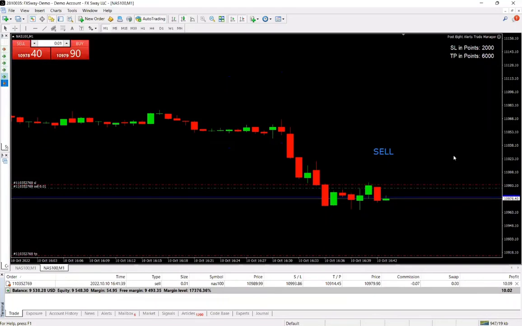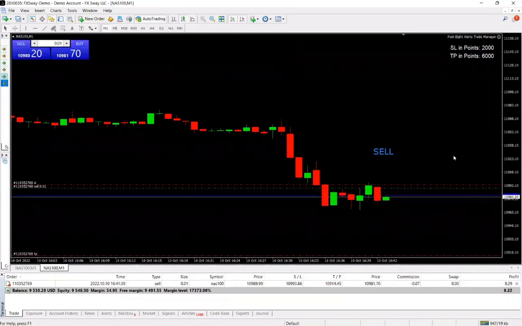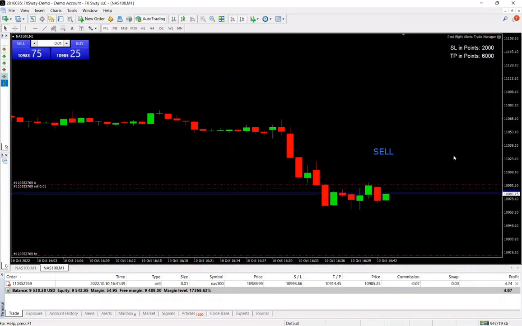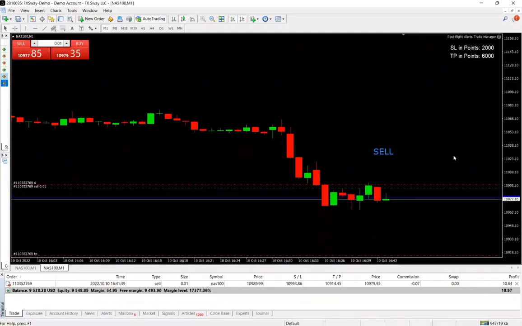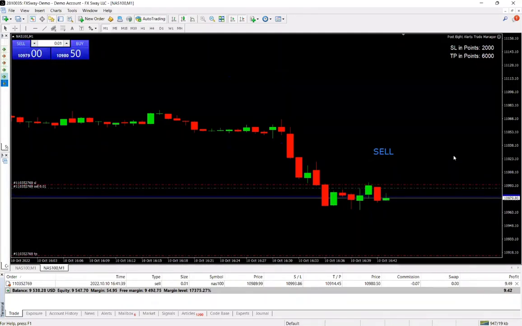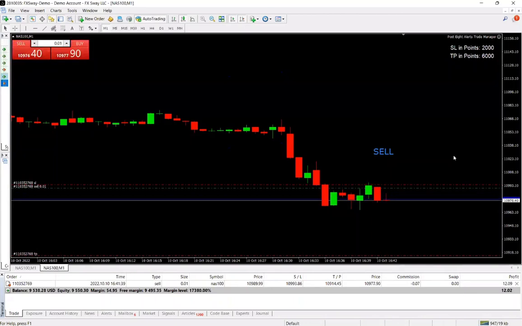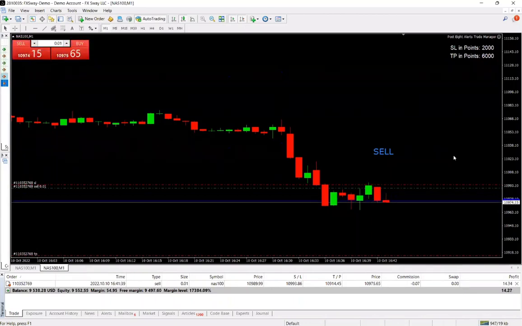So instead of just getting in, you can say, okay, that's a bigger gap between where I want my stop loss and where the current price is at. So I'm going to set a sell limit order closer to where my stop loss would have already been. And if that gets triggered, what Coach Moore and myself call a